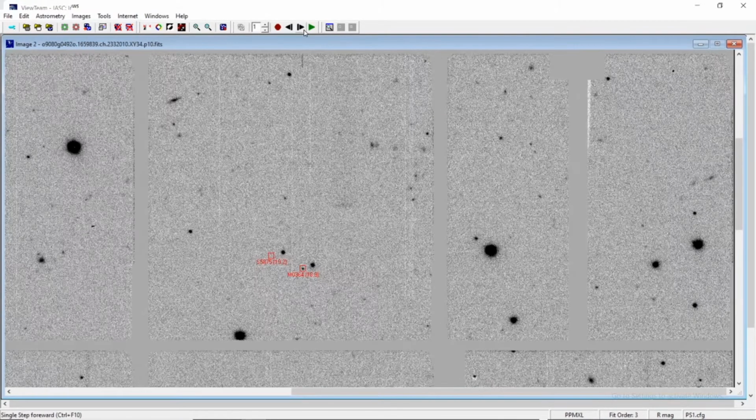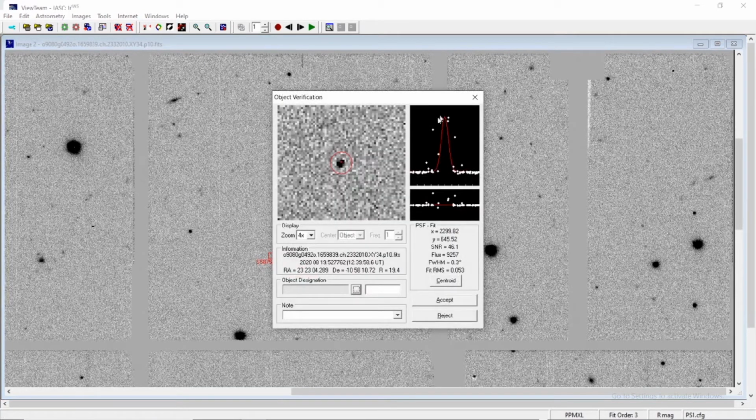Now you move to the second image, and if you click over it, the same problem. If you see the middle portion of the graph, it means in spite of a better SNR of 46.1 and R variation of only 0.6, less than 1 between the first image and the second image, it is not the true signature of the object, because we have to see all the 3 things are there.